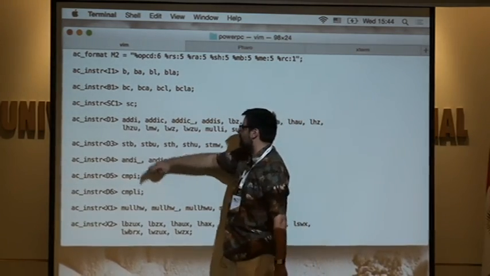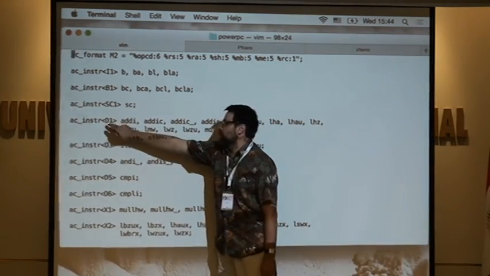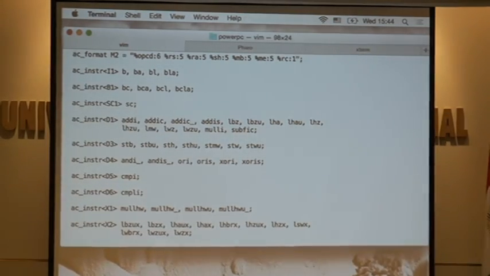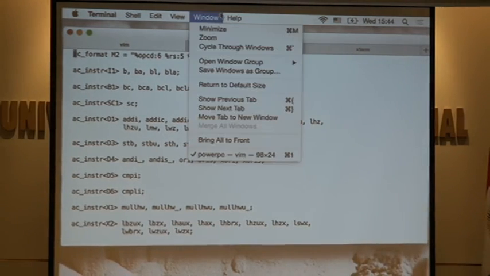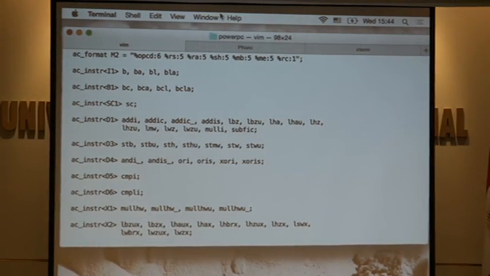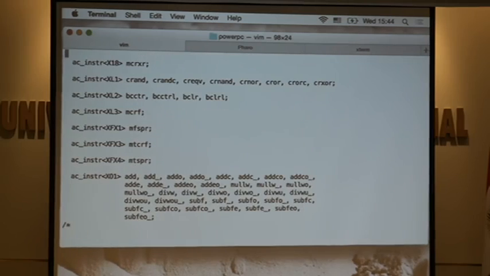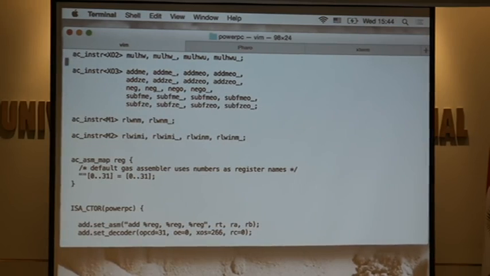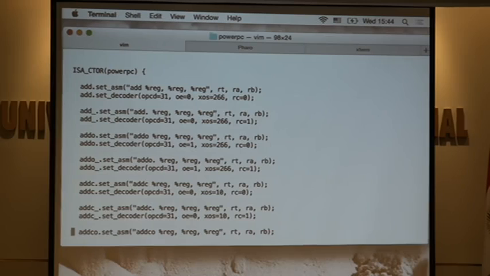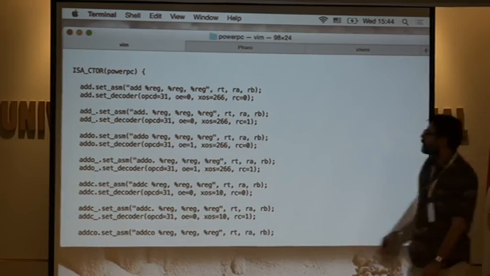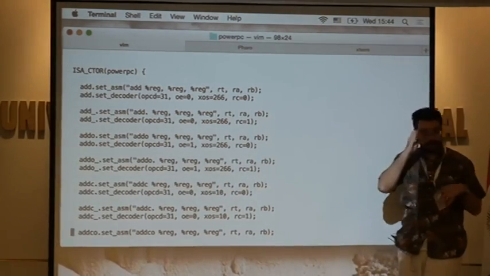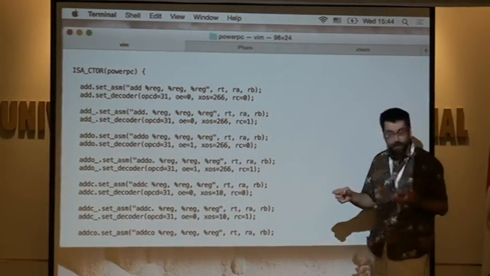So add integer uses instruction encoding D1. So instructions, and then you've got the assembly mnemonics. That's what's used for synthesizing the binutils, like your assembler, essentially.